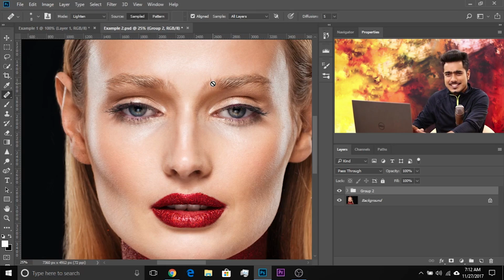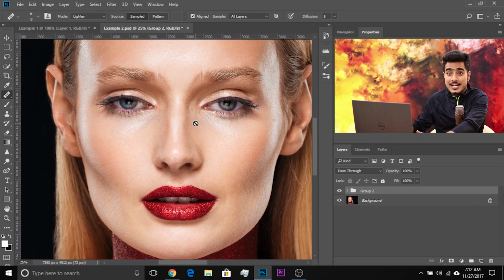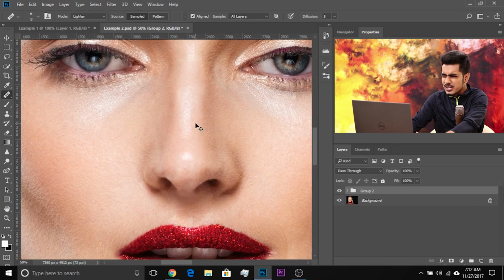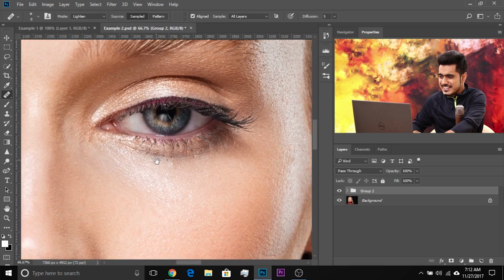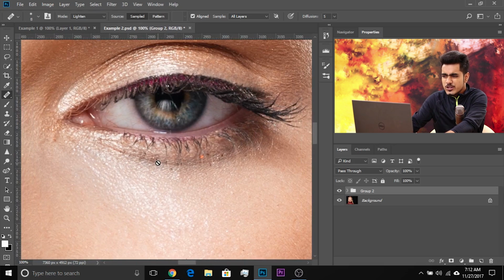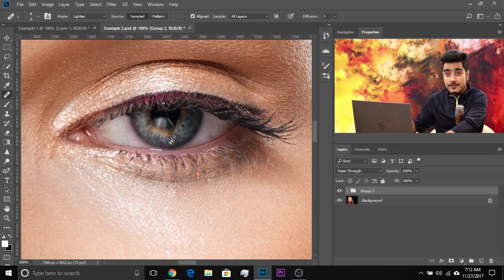And just as a bonus, let me show you something interesting. Have a look at this example. I've already brightened up the eyes in this one, but if you zoom in, have a look at the veins. They are a little distracting in the eye whites, right? And we need to remove the red veins. So how to take care of that?